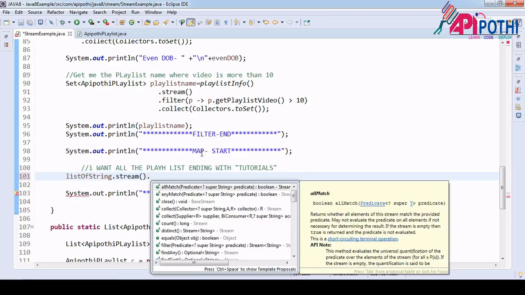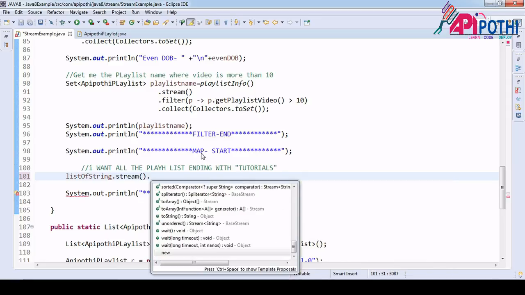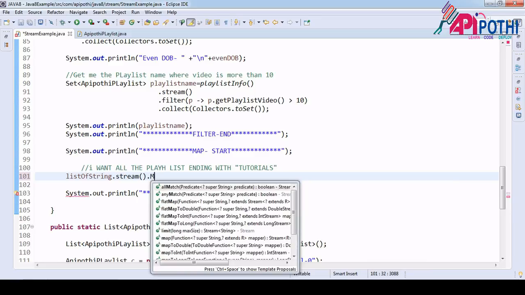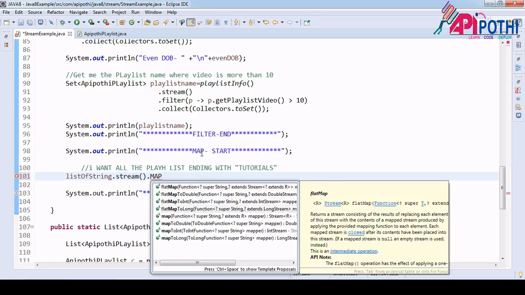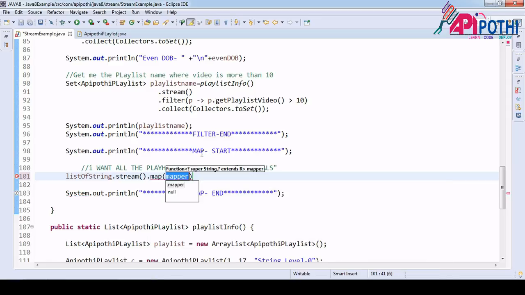Now, depending upon the business operation, we are going to choose either filter or map. So here we are touching all the objects and we are not interested in filtering, we are interested in doing some modification inside all the playlists. So then we are going to use the map. Okay, so here is the map. Now inside the map, how are we going to use it? The logic is the same.